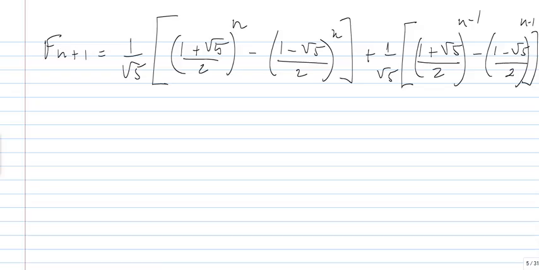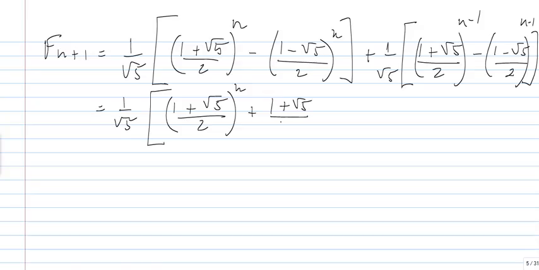And now we apply a little bit of algebra, so this is 1 over square root of 5 times (1 plus square root of 5 over 2) to the power n plus (1 plus square root of 5 over 2) to the power n minus 1,